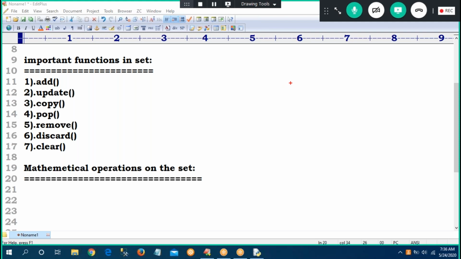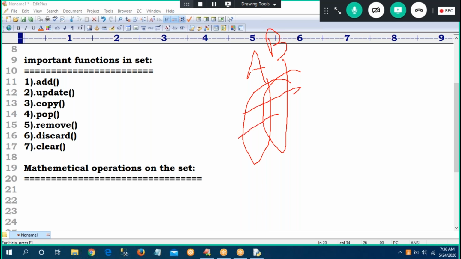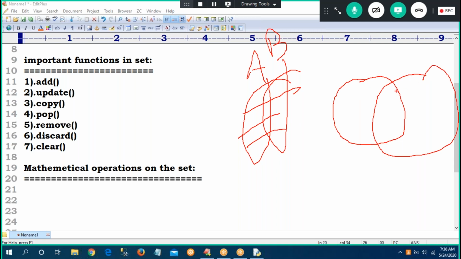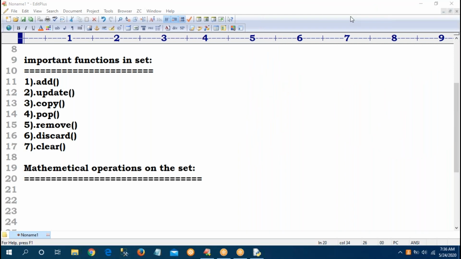If I want A union B, this is A. I take one more circle, B. A union B means we combine like this. This is A union B. If I want A intersection B, I take A and B. Intersection means only this common part we fill like that.